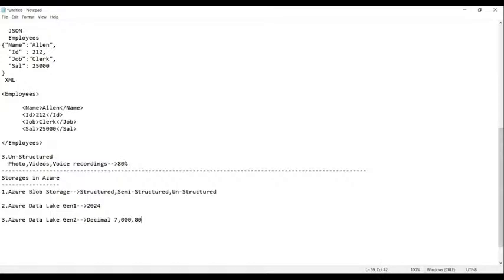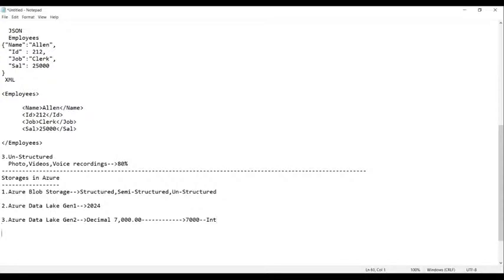But in the target, I have to change the data like this. That means only decimal is not accepted here. Only integer. This kind of data is called decimal data, and this kind of data is called integer data. Am I right or not? So whenever this kind of change is needed for the target, such data is mostly recorded into the Azure Data Lake Gen 2.